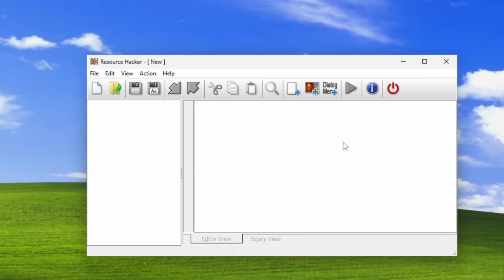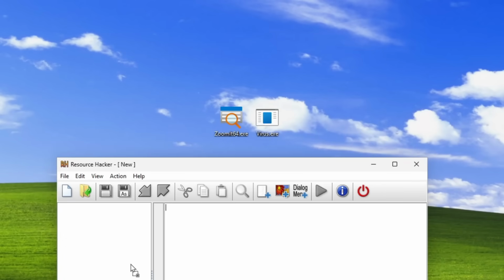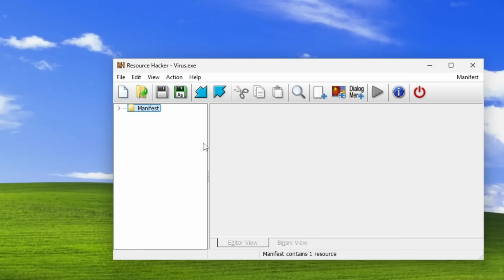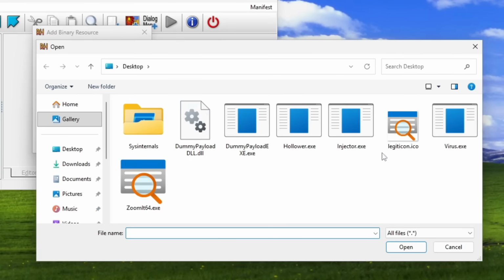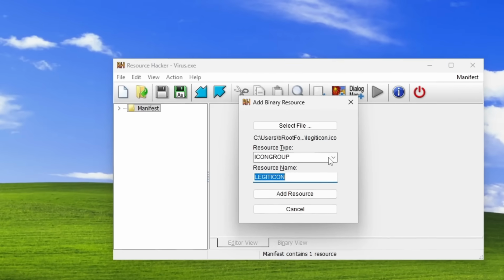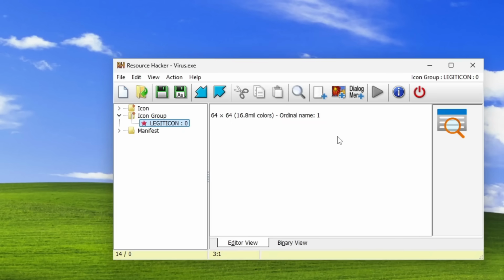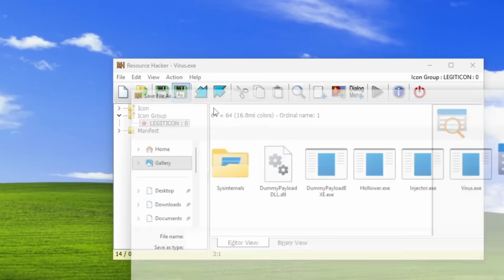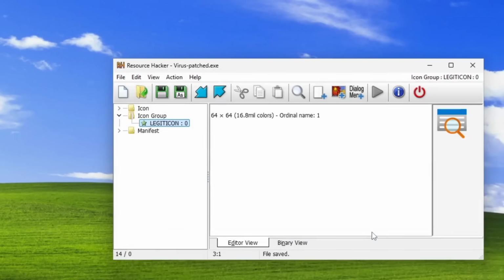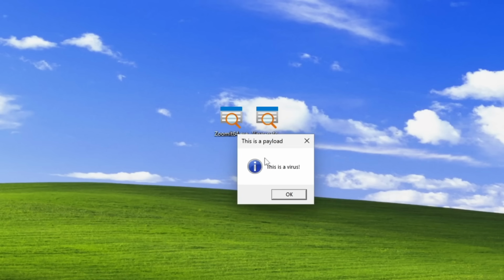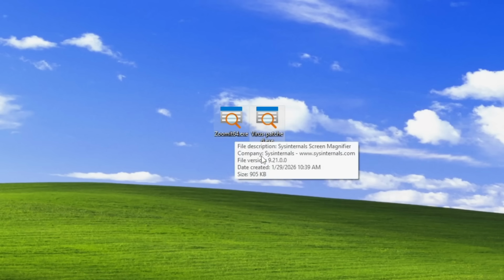So we're going to go ahead and open up Resource Hacker again. We're going to drag our virus.exe, and you can see there's no icon folder. Well, how do we add one? Probably this thing that looks like a picture. Let's add that. We're going to select the ICO file right here, legit icon, and you'll see the resource type changed to icon group. We're going to leave that as is. And now we can see that if we hit save as, we can replace this virus.exe with something like viruspatched.exe. So we can open it up and it executes the payload and the icon is the same,